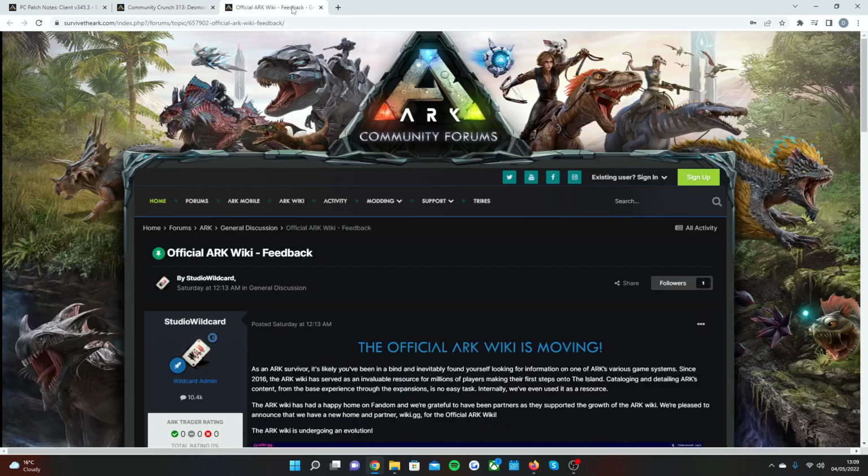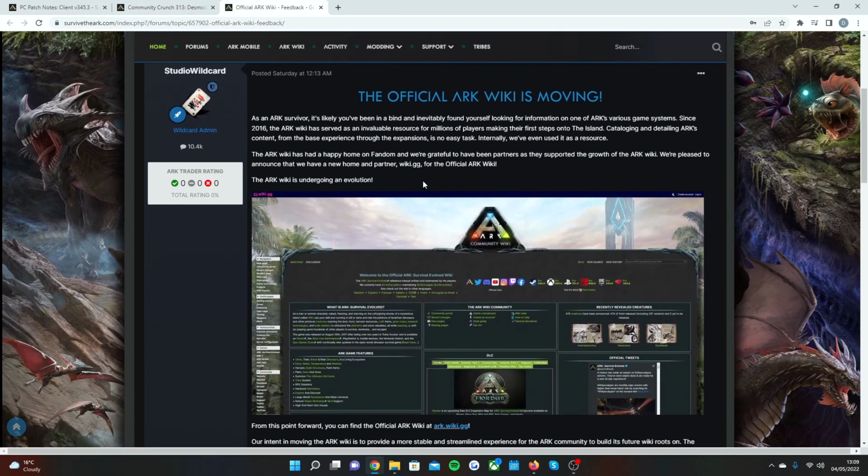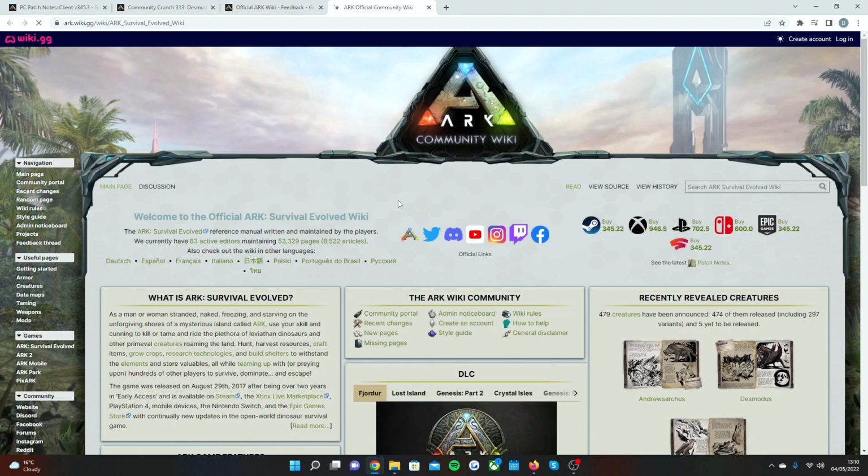So this is the Ark Official Wiki. If you didn't know, it's been around for years. I remember making a first video on it in like 2016 or something. They say, as an Ark survivor, it's likely you've found information from the community wiki. This is where, whenever anything comes out or upcoming features for the game, it goes to this page. But Wildcard mentioned it's going to be moving to this page now,